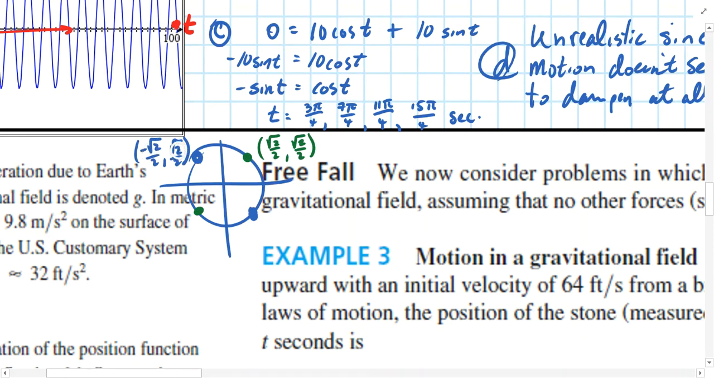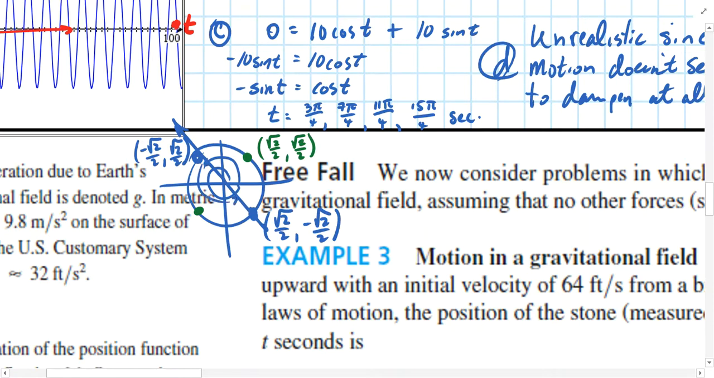So sine is opposite of cosine here, and same thing down here, radical 2 over 2 and negative radical 2 over 2. So again, sine and cosine are opposite in that position. So this angle is 3 pi over 4. This angle is 7 pi over 4. And if we were to continue rotating around this unit circle,